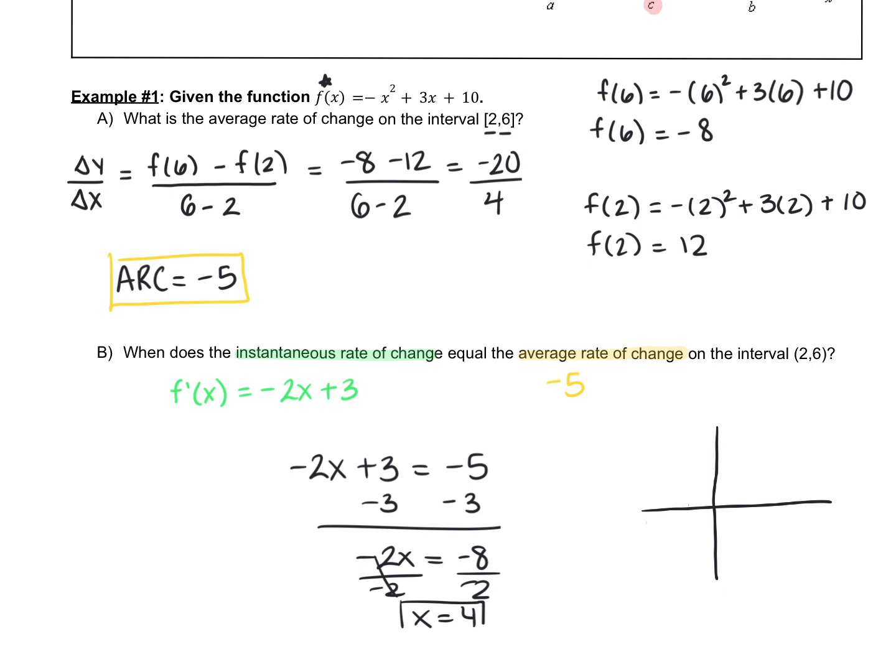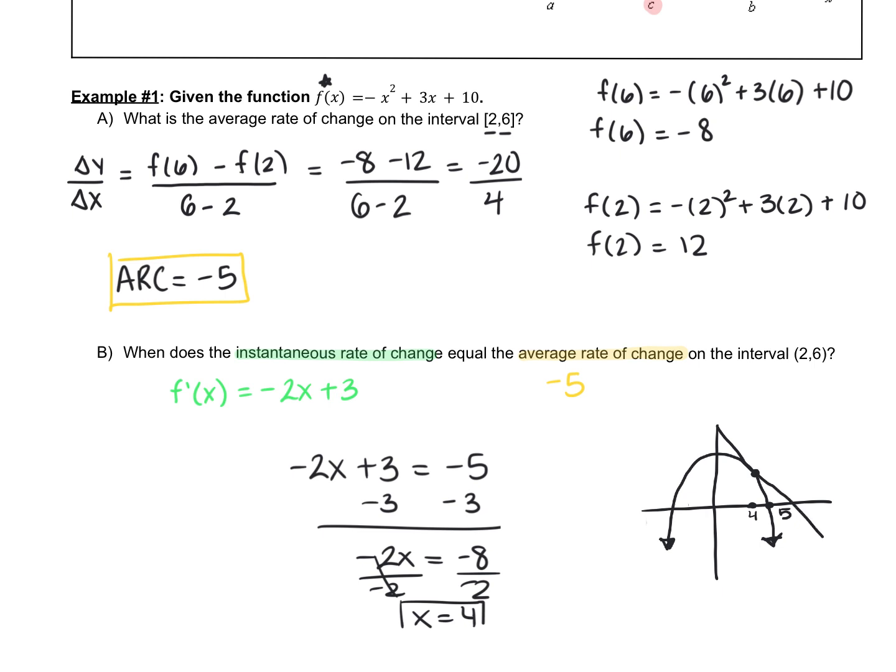So the parabola would look something like this, right? It would be a sad parabola, or concave down. And we're looking to see where at x equals 4, so this here crosses at 5, so this would be x equals 4. So at x equals 4, the slope of this tangent line here at x equals 4 is